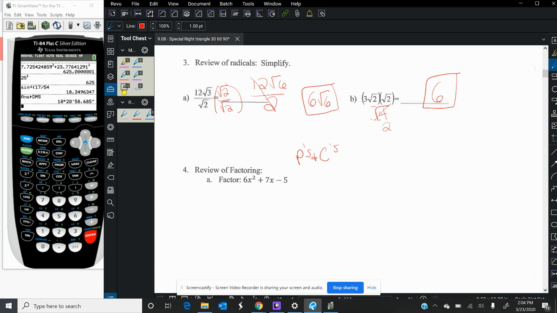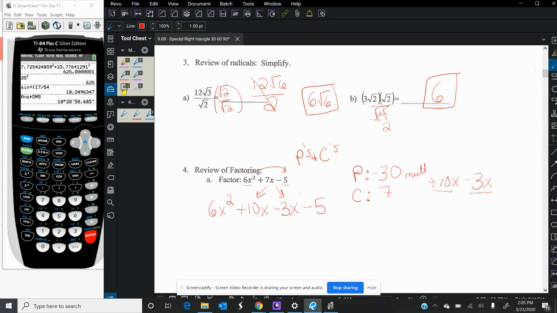Moving down to review of factoring. So our p-value is what we multiply the 6 by negative 5, becomes negative 30. And our c-value is going to be 7. So we want numbers that multiply to negative 30 and add to make 7. And that's going to be positive 10x and a minus 3x, are two factors. So how that works is we're going to take these 3 terms and we're going to do what I call split the middle. So the 6x squared stays, but to rewrite 7x, we're going to rewrite it as 10x minus 3x,